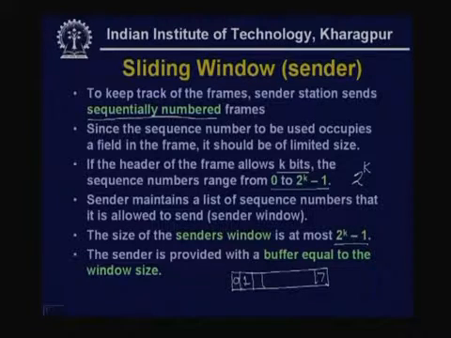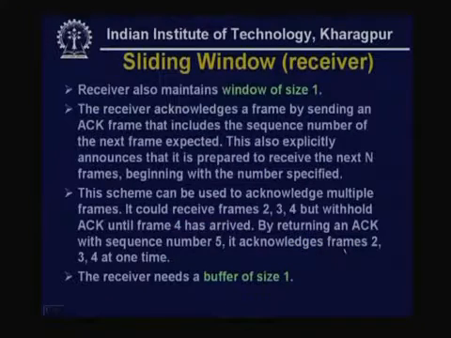That means it has to be 1 to 6. And then this is the range of frames which can be sent from the sender without receiving an acknowledgement. And the sender is provided with a buffer equal to the window size. That means the sender has a buffer to store all these frames, and then sends them one after the other. And similarly, at the receiving end, a window is also maintained, but the size of that window is equal